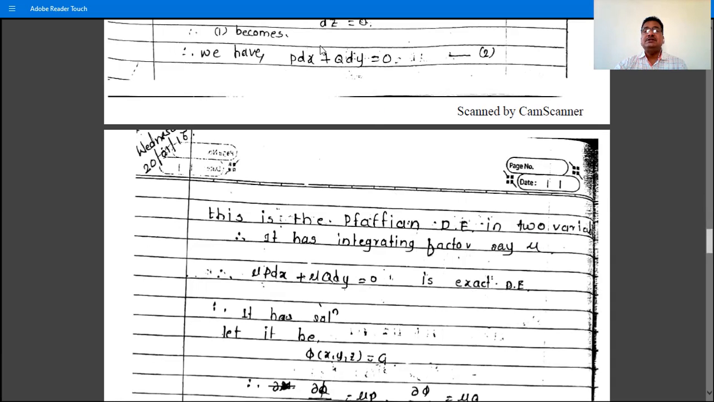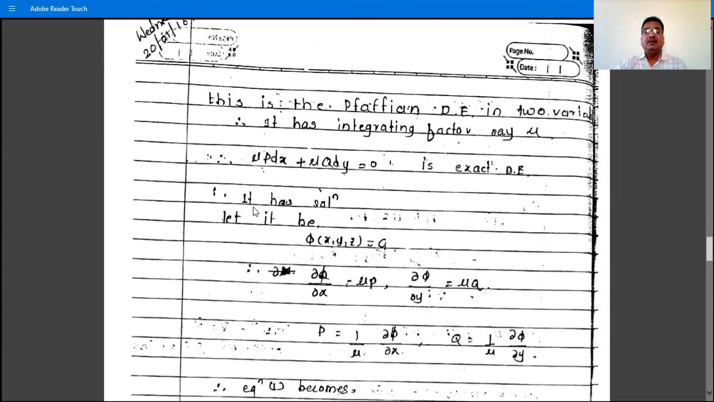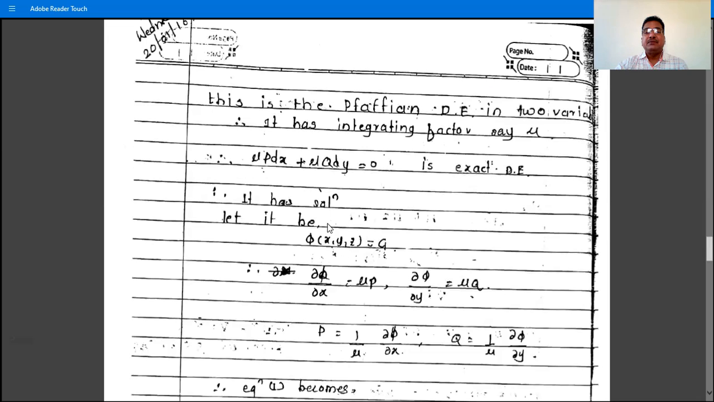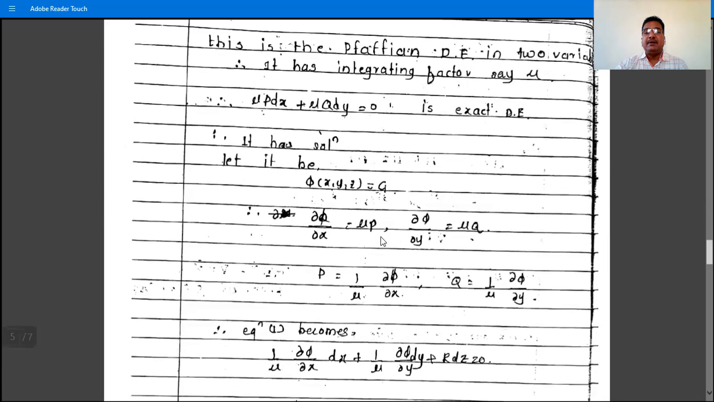Suppose this equation is exact, then mu is 1 and therefore it has a solution. Let phi(x,y,z) equal to a constant be the solution of this differential equation, because this is integrable. Now equation 2 is integrable, so it has a solution. Suppose phi(x,y,z) = c1 is its solution, then we have